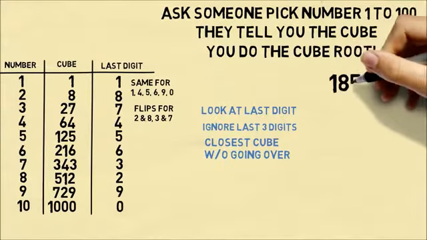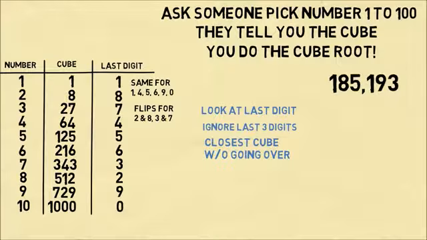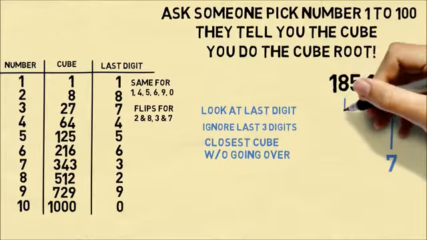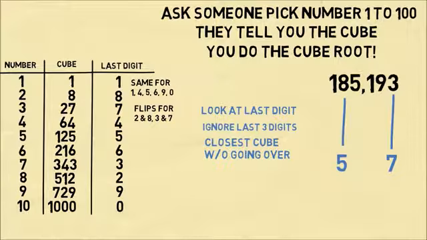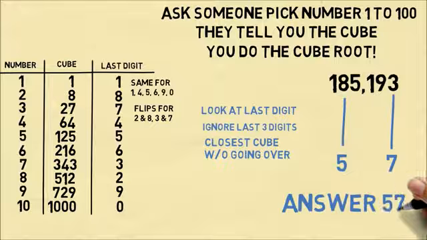Let's do another example. 185,193. We look at the last digit of 3. That corresponds to the number 7, because 3 and 7 flip. Then we ignore the last 3 digits, and we look at 185, and that's closest to the cube of 5 without going over. So that gives us the answer of 57. So it's a pretty neat